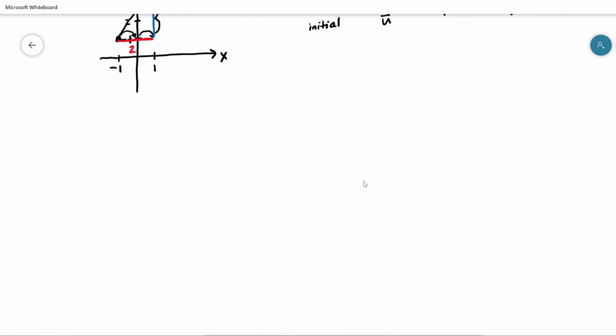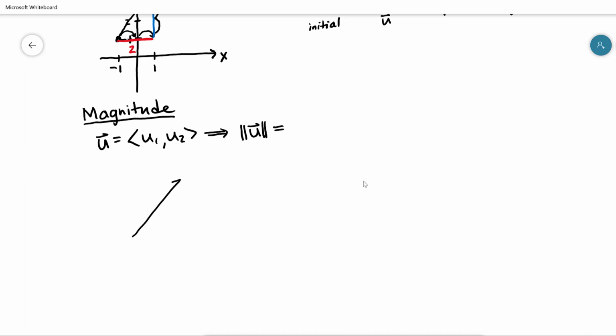Another concept that's going to be important, and then we'll do some more complicated examples, is this idea of magnitude. We've used this word, we've said that it's basically the length. I just want to make it totally clear. If my vector u is u1, u2, how do I find the magnitude of the vector? So this implies that the magnitude, which we said is this symbol, or maybe you'll see it with single lines, but it's just going to be, we're writing a vector like this, and we're breaking it up into these two components, u1,